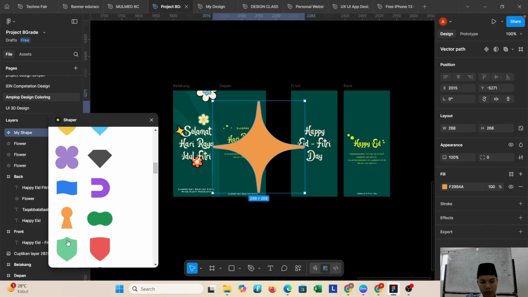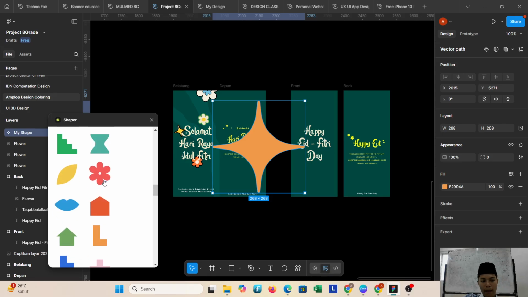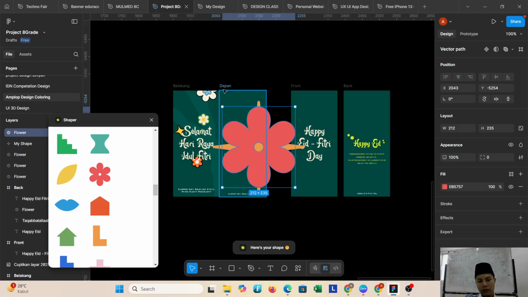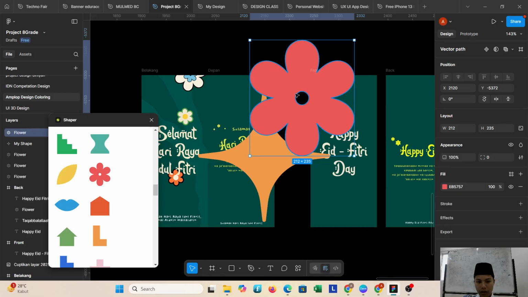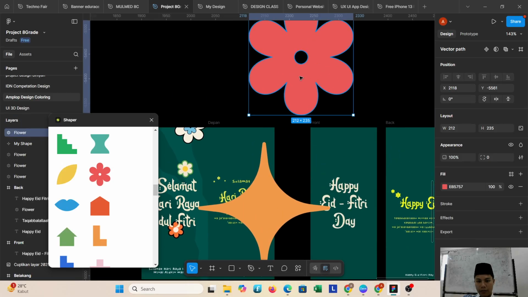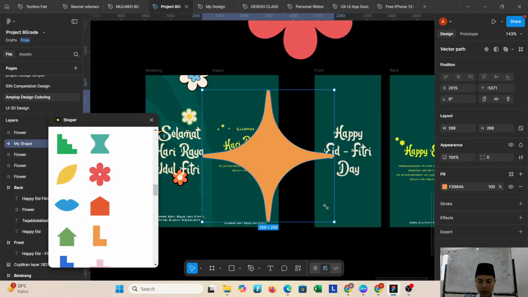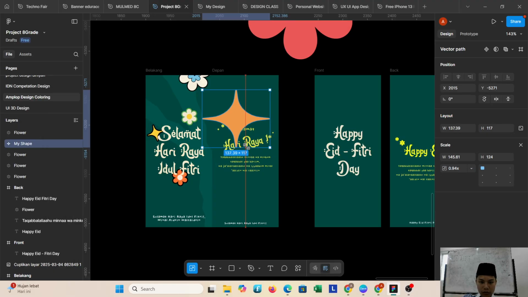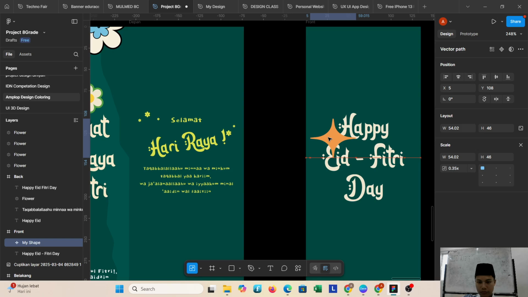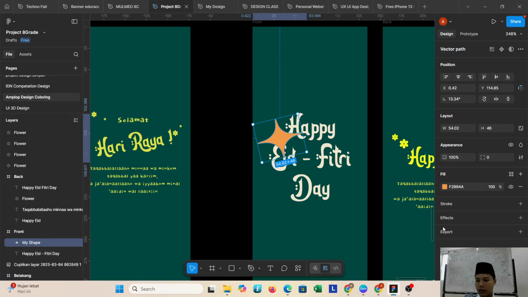And then I want to use the flower again, just like this. Changing the color is so easy, you just change the color.